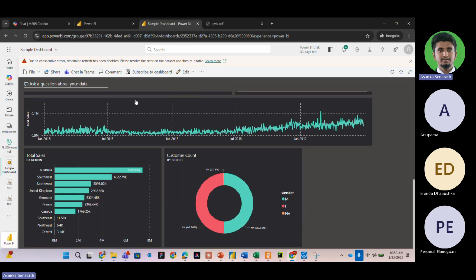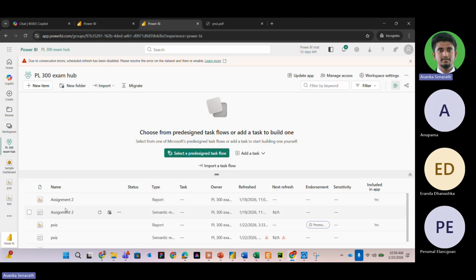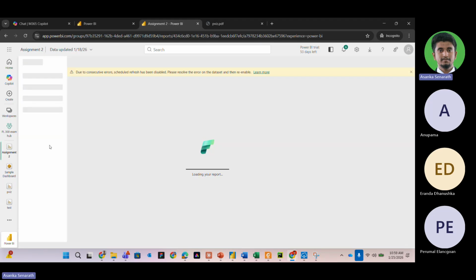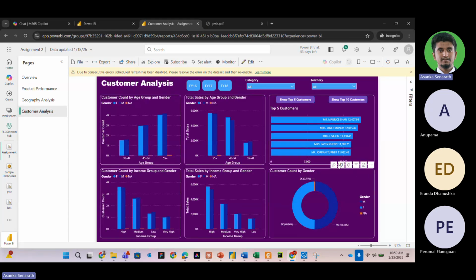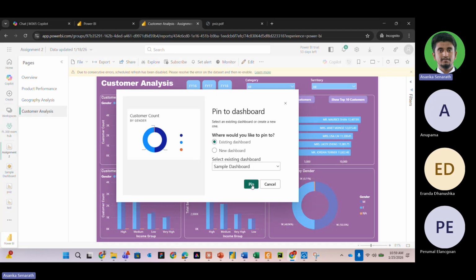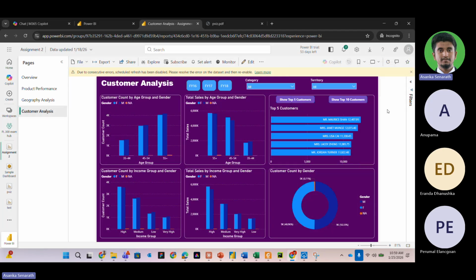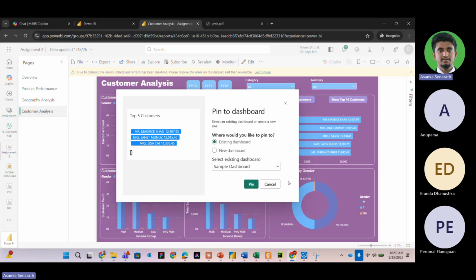Last time we discussed, when you pin a visual, for example, I'll pin a visual here. I'm pinning this visual and I'm pinning this visual as well. I have pinned two visuals from the same report, right?